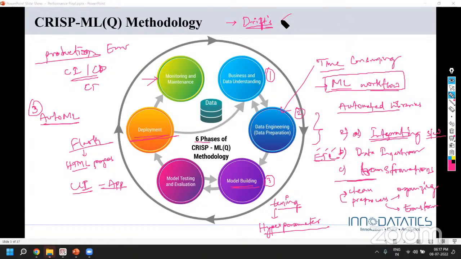So the way the business is run, the way the management drives the business, will alter. These drifts in the business will also cause drifts in the data. So if data is changing, the model obviously will not work the same way that you expect when you were using the older version of the data while developing the application.